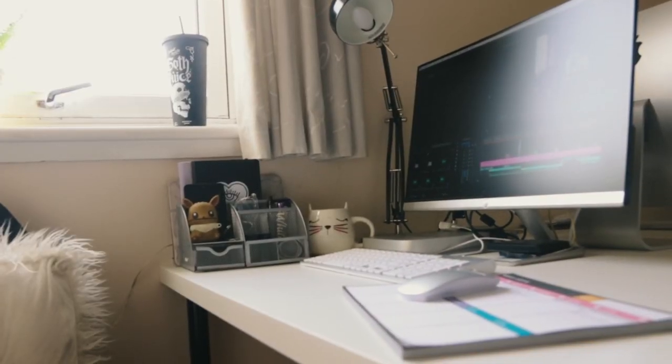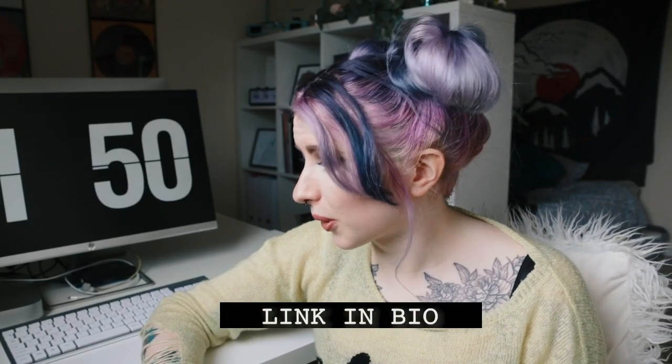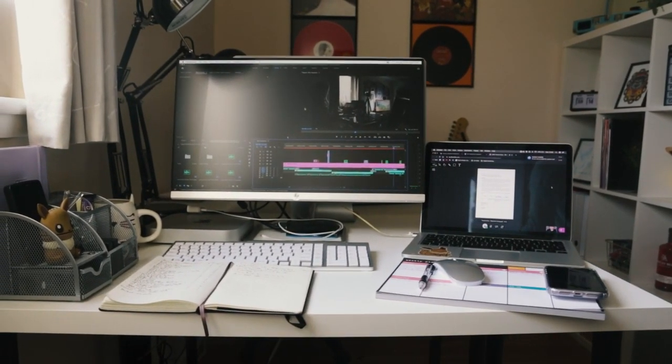Next to my little Mac Mini is the monitor that I bought for it. Again, like I said, I was super unprepared when buying my Mac Mini. So I just got this HP monitor. I think it's a 24-inch from Argos. It was about £110. What I really like about this monitor is it has a nice matte finish, so you're